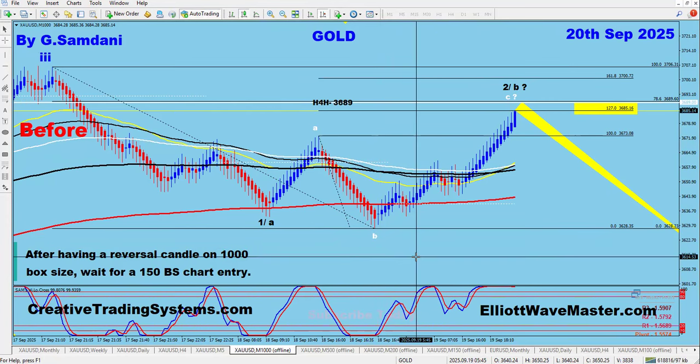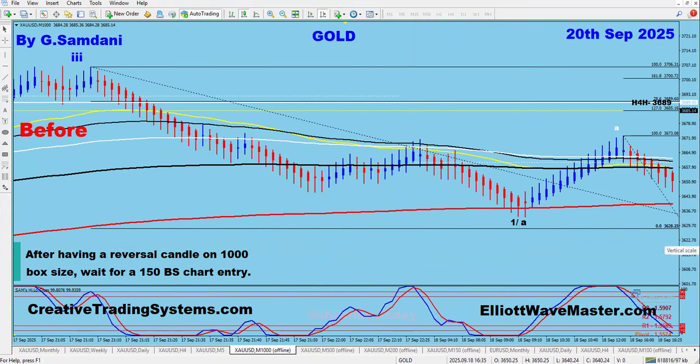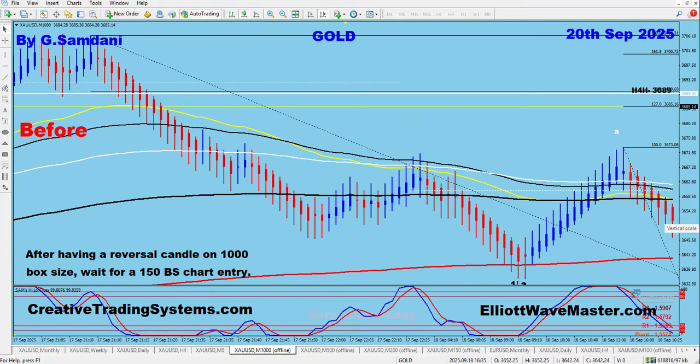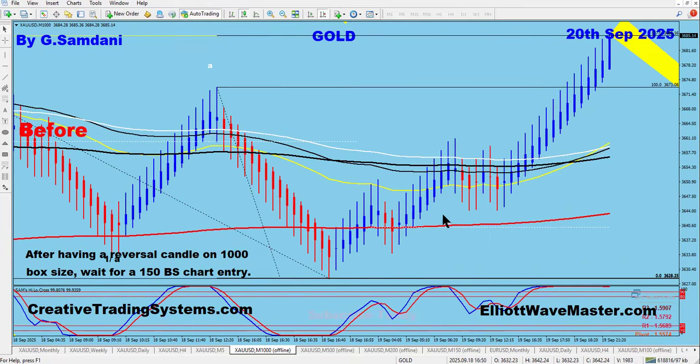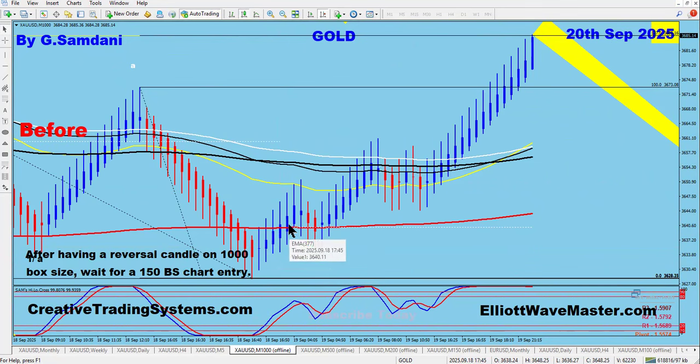Maybe I took this one, but I don't have the chart to show. But see, this reversal candle is like this right there. When I say reversal candle, let me open up a little bit more so you can see clearly what kind of candle I'm talking about. You see these blue candles have a big body, but all of a sudden this candle has a very small body and its low is lower than the previous low. This is a bearish reversal candle. After a bullish move, when you have that, that's a bearish reversal.